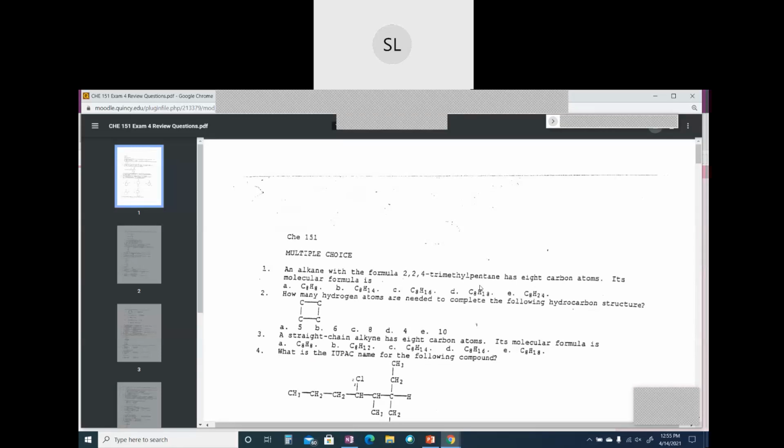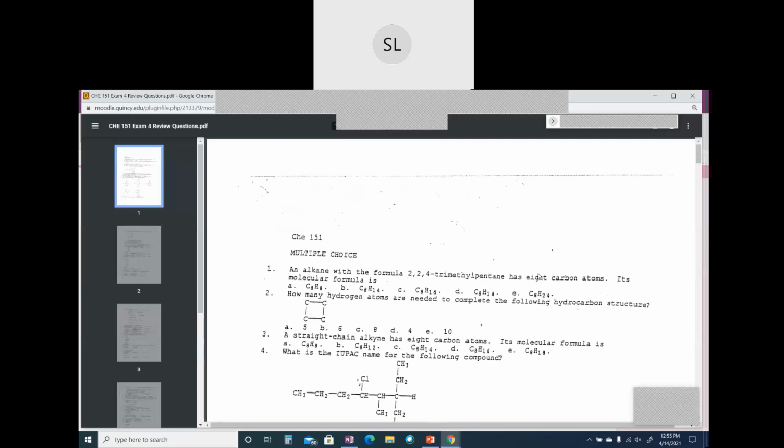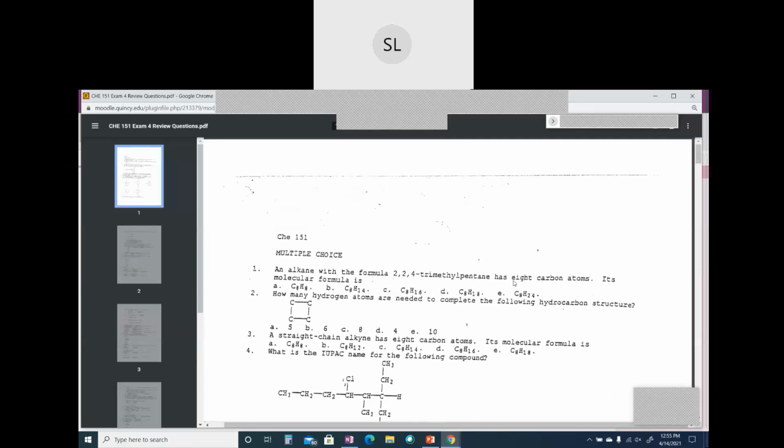All right. So for the first one, you have an alkane. And really, all you need to know is this alkane has 8 carbon atoms. So when you know that the alkane has 8 carbon atoms,